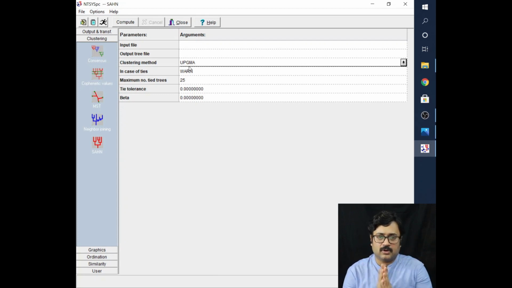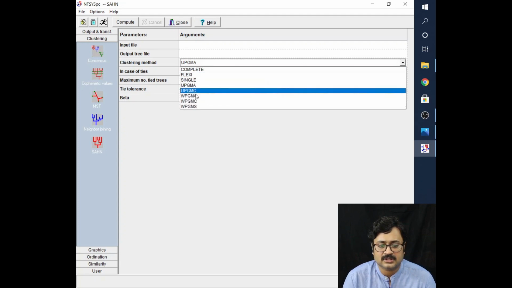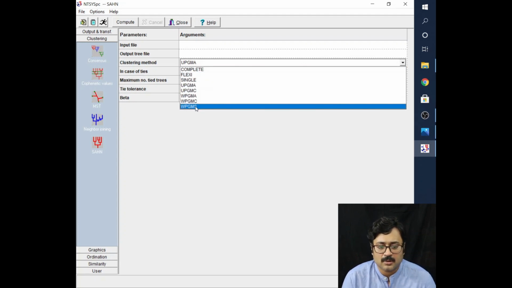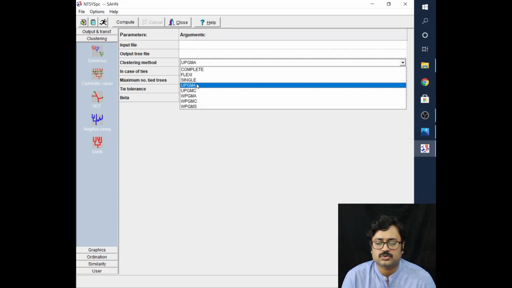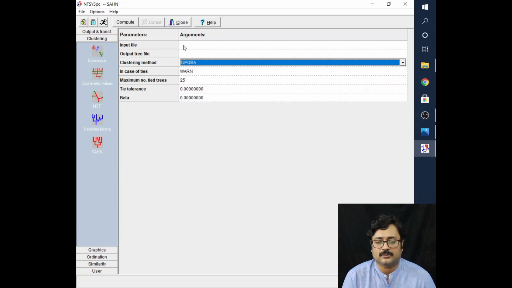If I can show you here, there are some other methods as well. These are the other methods we can use, but UPGMA is the most widely accepted and used clustering method for tree analysis of binary data. So that's why we will be using UPGMA.